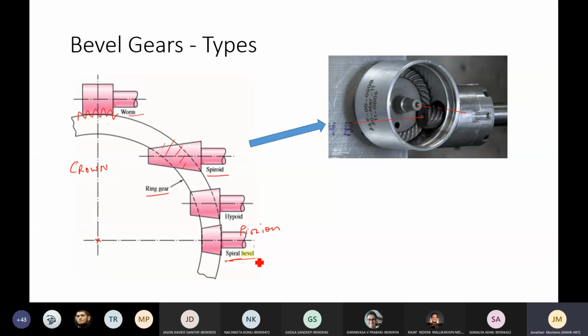If it is directly intersecting, it can be given a spiral bevel or a straight bevel. Then you can shift it to the other side, slightly offset to one side by some distance. The only thing you have to take care of is to change the type of the spiral. This type of spiral is called a spheroid gear. You see how the teeth are curved, and how this particular tooth is kind of conical shaped. It's a helix over a cone. So this is an example of a spheroid gear.